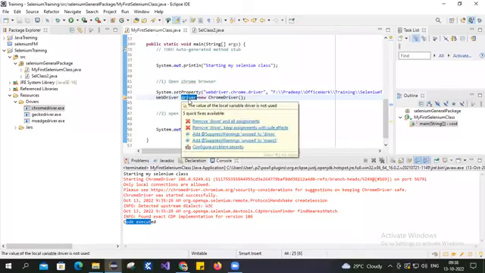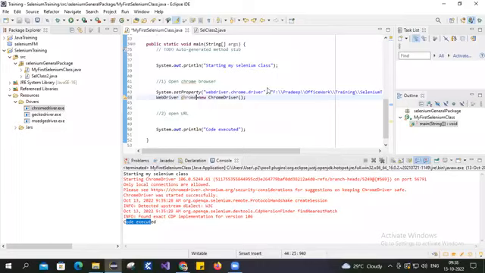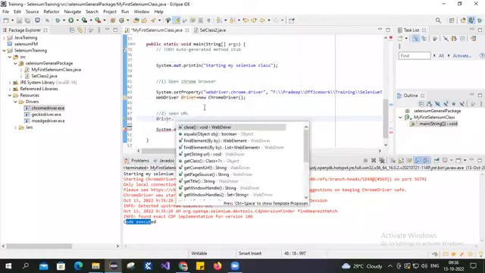It's not necessarily driver. You can write any name, like Chrome browser, whatever you have written here. But I prefer writing driver for now. The next line is whatever object name you have created. I have created the object name as driver, so I will write that. Then if I type dot, whatever methods or variables are created in the ChromeDriver class,